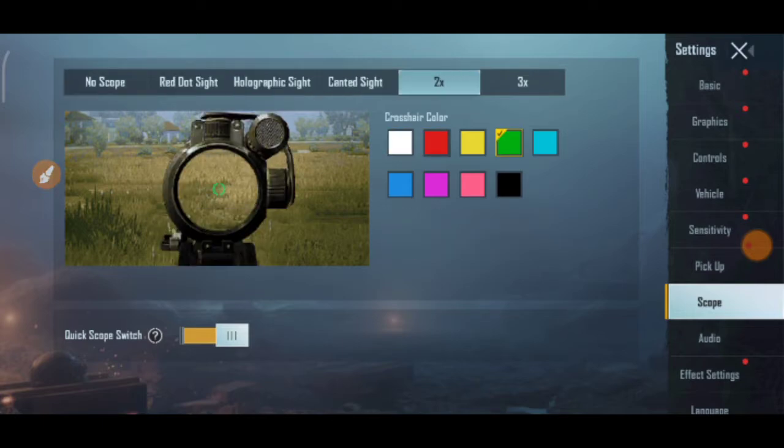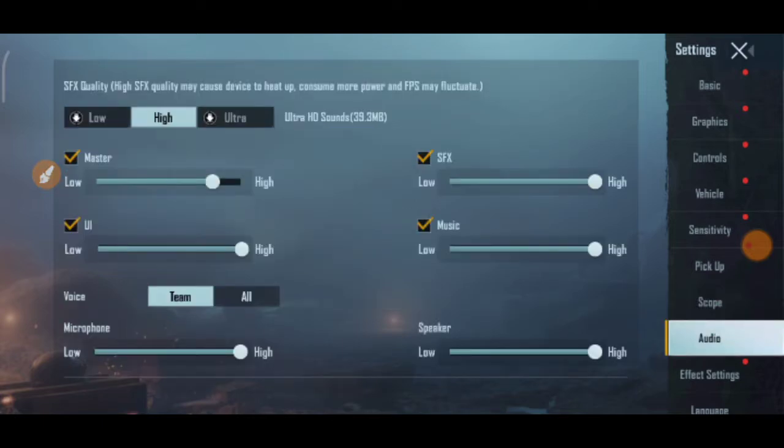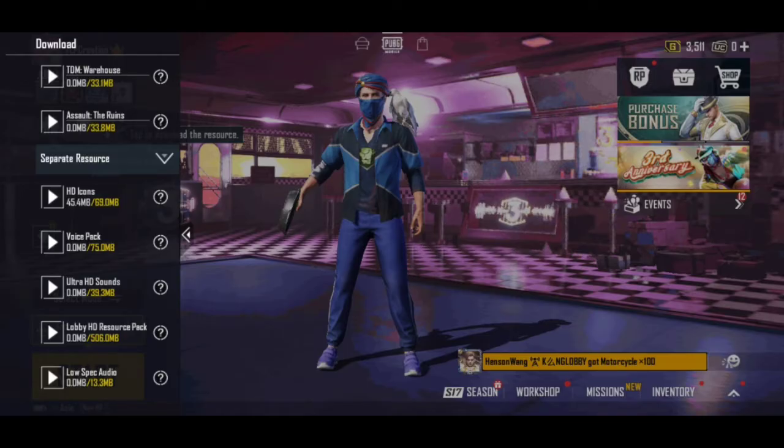And make sure that you download the audio source also for the new things. Let me show you which that is. Be sure to download these two files, the voice packs and HD icons. HD icons are used in games, and voice packs are also used in games, like when the enemy is spotted and for form up and so on. For this you have to download the voice packs. That's it, over. Now the use of the VPN is over.